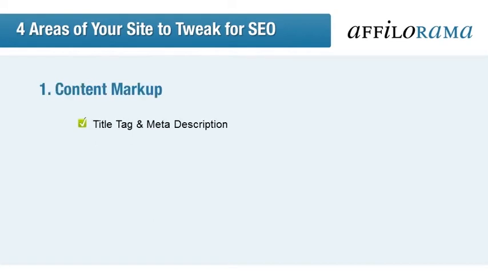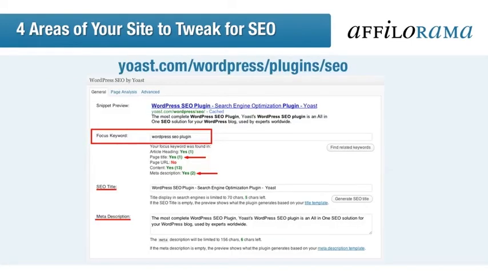So let's get right into it with the first content markup factor, title tags and meta tag descriptions. Do you have them for each content page? Do they all contain the main keyword for that page? Are they relevant with the right length to have the maximum impact in the least amount of words? The best way to ensure this with WordPress is to use a plugin like Yoast. You can find this by searching the WordPress plugins directory or head to